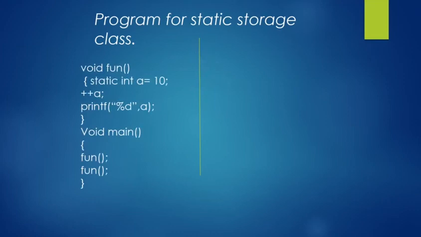In this program we have used two functions, fun and main. As program execution always starts with the main function, in main we have called the function fun. In fun we have initialized a variable of data type integer using the static keyword, and then we incremented it and printed it in the output. Again the function is called, but this time the initialization step is skipped for the static variable, and there is a direct increment of the previous value of a, and it becomes 12 and is printed. Let us see the output.